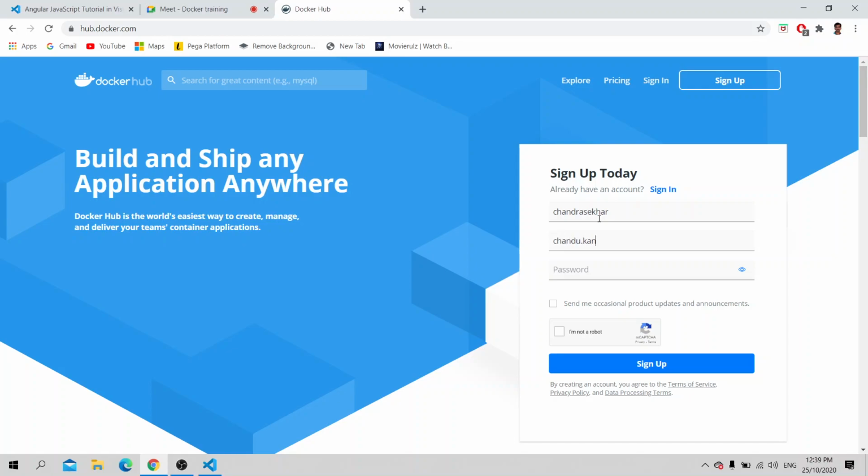We are not using any private repository or Artifactory for our purpose. We are completely using open source or free Docker Hub. Of course, it is free for public repositories, and they charge you when you use private repositories.